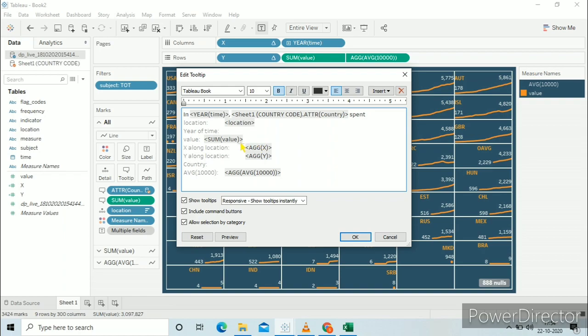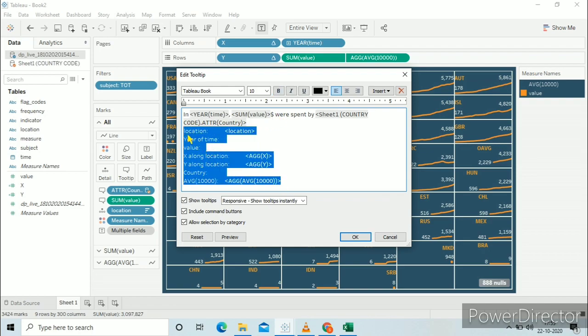So it will show the name of country like Germany, India or USA spent. Or you can reframe this sentence like this: in 2008 this much amount of money was spent by this country.